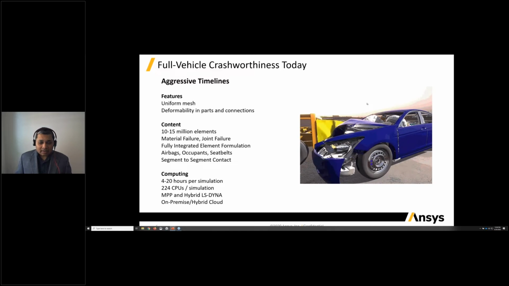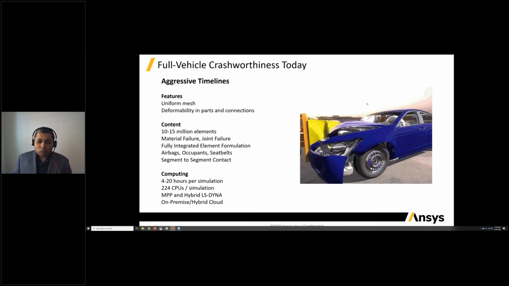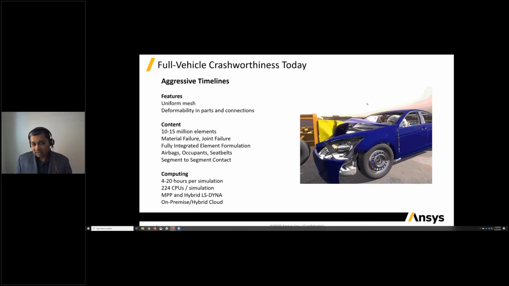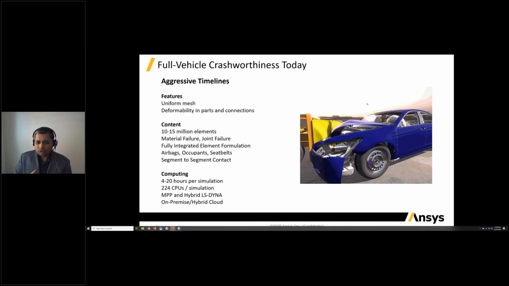But what's happening today? Again, aggressive timelines. We're looking at features which have uniform mesh. There is more and more deformability in parts and in connections. More features are added like airbags, seat belts, dummies. Typical model sizes are in the range of 10 to 15 million elements. Looking at material failure, joint failure,